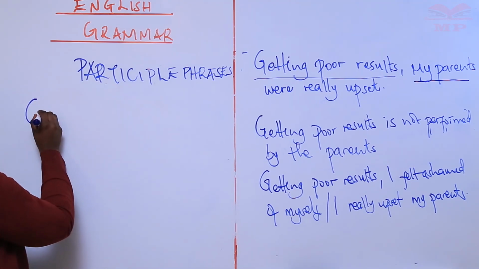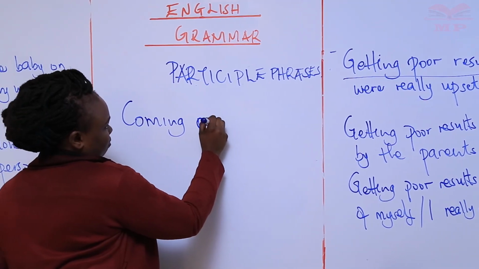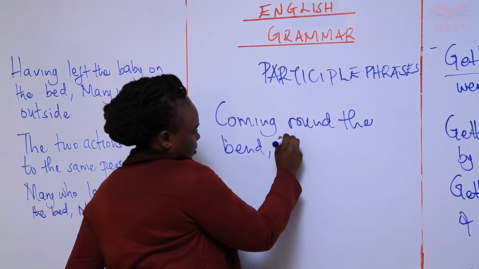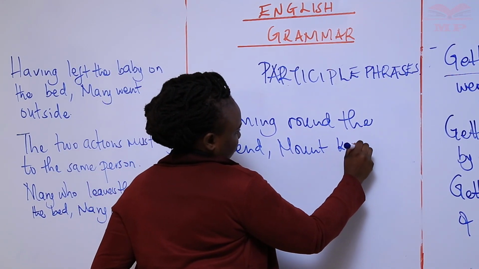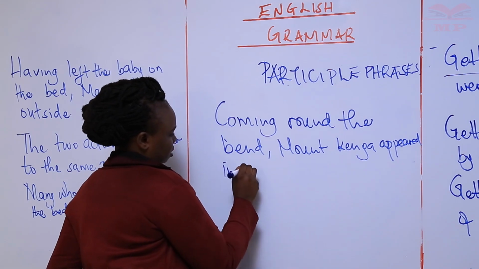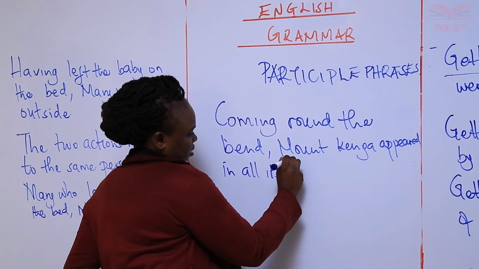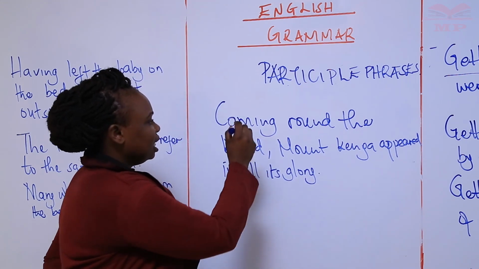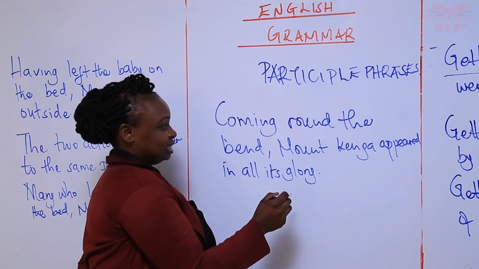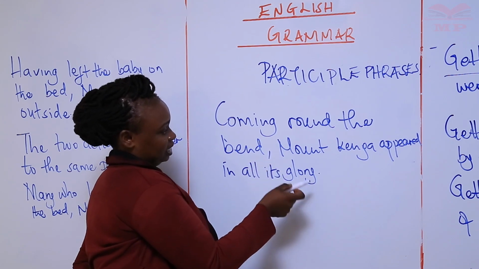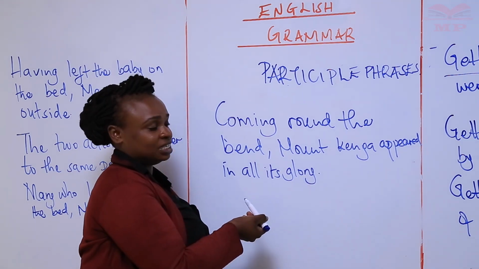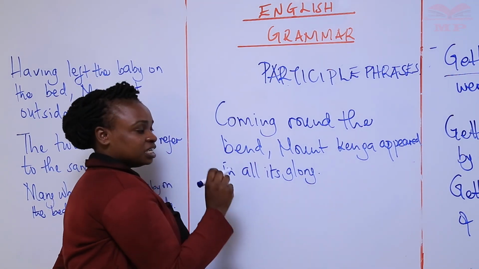Now we have: Coming round the bend, Mount Kenya appeared in all its glory. You see, in the sentence that we have here, coming round the bend should be performed by whatever follows the participle phrase. So we should be very careful